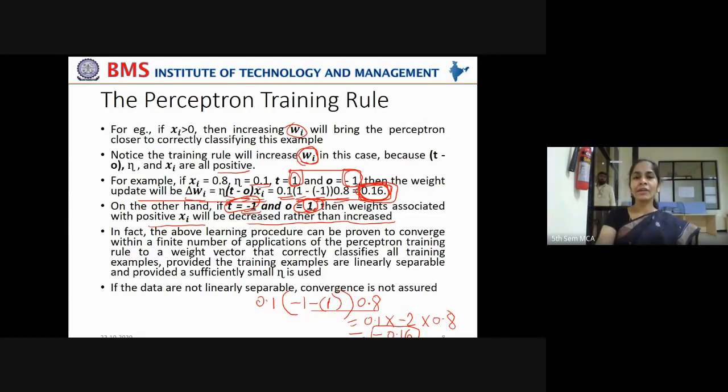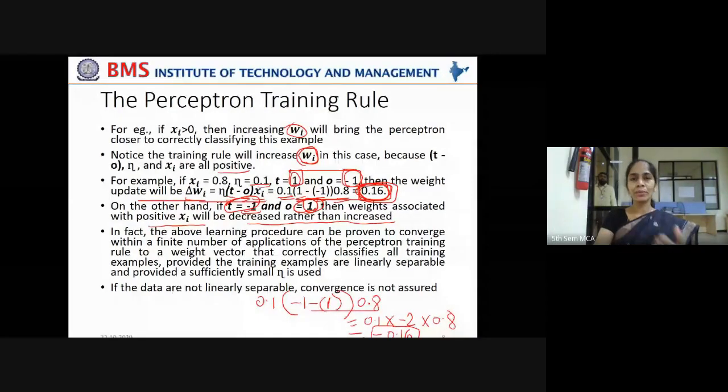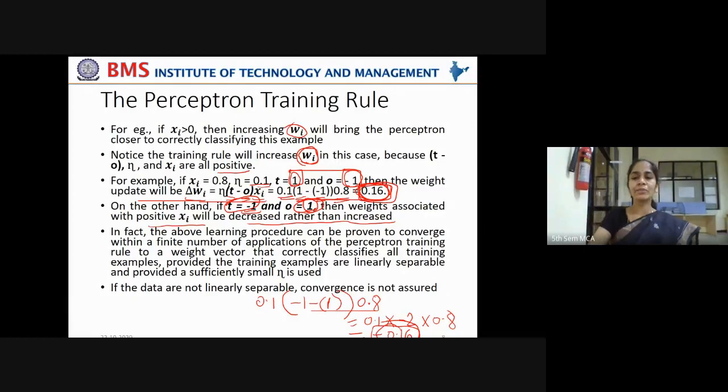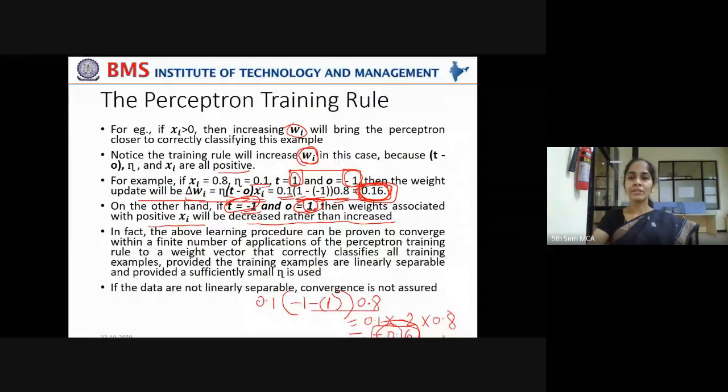In that case, you have to reduce the weight to make it fall below 0, so that the prediction made will be minus 1 as expected in the training example. For that, you are calculating the weight adjustment as minus 0.16 instead of 0.16. Got it? This is how the weight adjustment is done by the perceptron training rule.